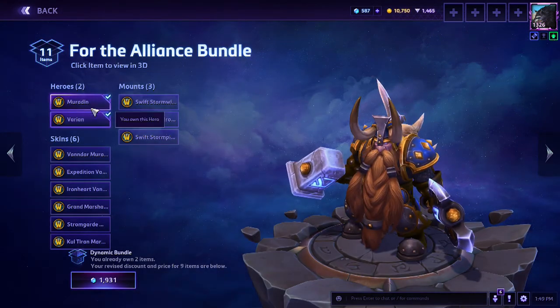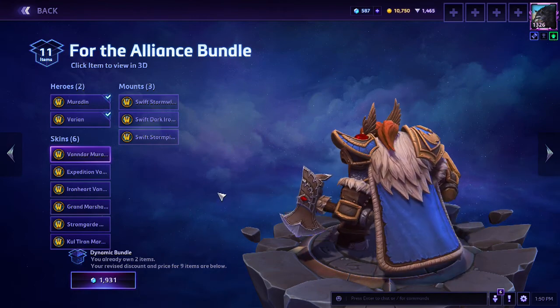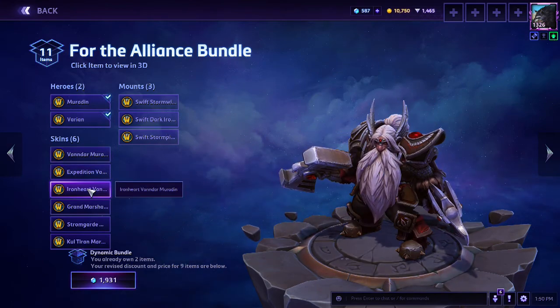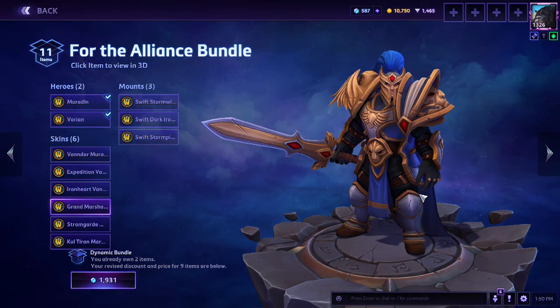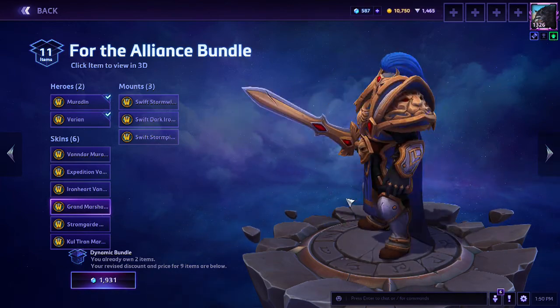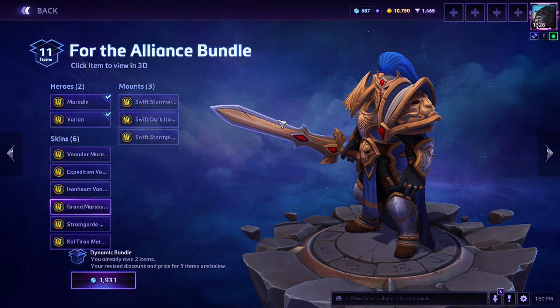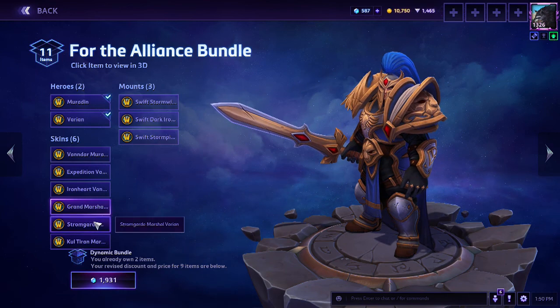Here are some skins for Muradin and Varion. This is the Alliance boss in the new map. So you can have Muradin be him. This is Varion's new skin, Marshall. Very Alliance-y. With the lion on one side, eagle on the other. The sword obviously looks different. I don't know how he could split that into two separate blades, but sure. Stromguard,